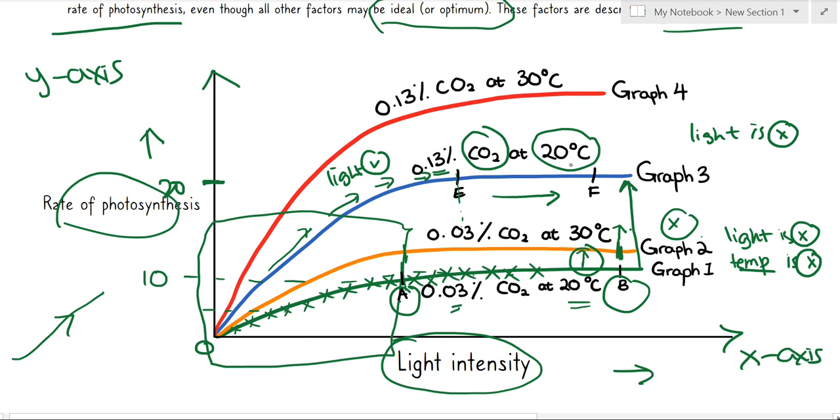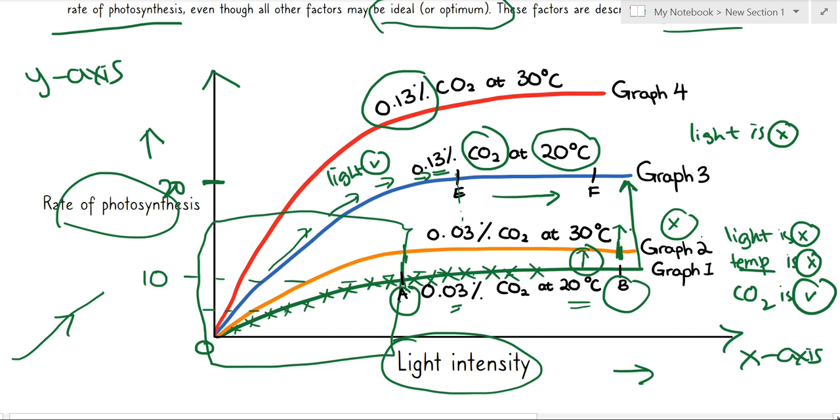And you can see here that the main limiting factor preventing this graph from going up is carbon dioxide. So we can conclude that carbon dioxide is the limiting factor. But if we compare, so if the plants were all exposed to 0.13% of carbon dioxide,